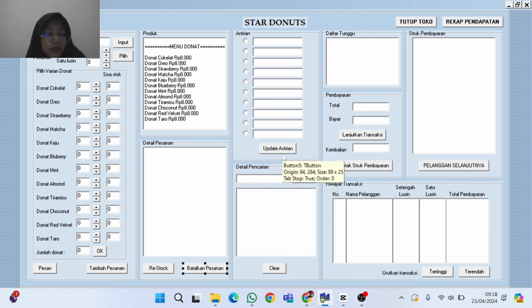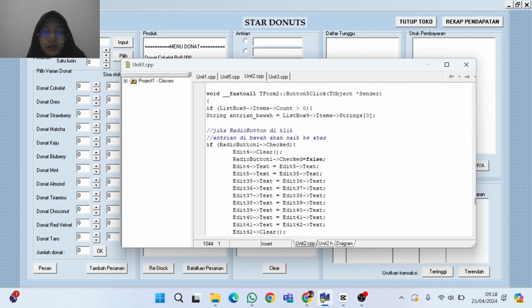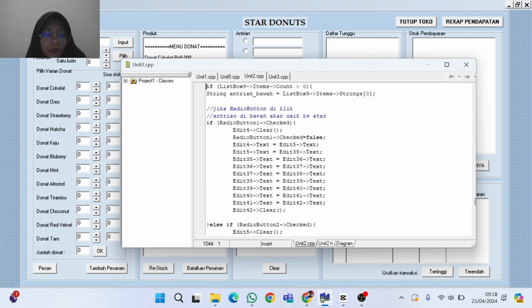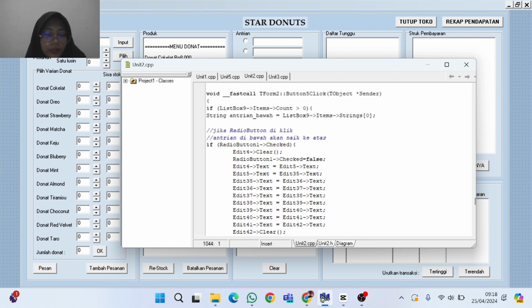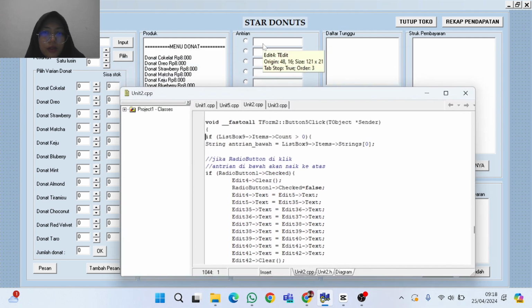Next, here there is a queue update button whose function is to delete the name of a customer who has finished queuing. If radio button 1 is clicked, edit 4 will be cleared. Then the customer in edit 5 will move up to edit 4 and so on.